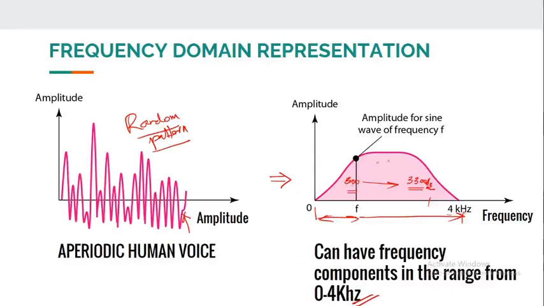This is called the frequency response or frequency domain of the signal, and its implication is that a device which is capable of operating in a frequency range from 0 to 4 kilohertz can be used for carrying this human voice, or a minimum bandwidth of this much is required. If we provide a bandwidth of only 0 to 2 kilohertz, this signal cannot be processed, or it will be distorted.